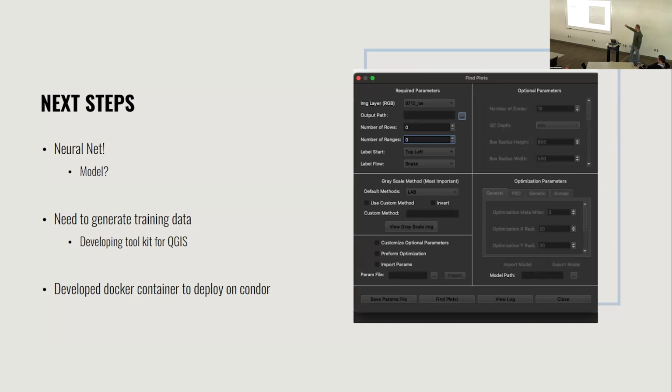So I've been working on developing a QGIS toolbox that you can use to implement the solution that we came up with, the sliding window FFT thing. So people can at least start to process their data now. The hope is that we can then create some community data set where we'll load in our orthomosaics and our extracted plots, which again might not be perfect, but in QGIS it has this neat feature where you can go in and manually edit each individual shapefile. So the idea is that would be the ground truth data, and then we could use that to try to train some kind of neural network.